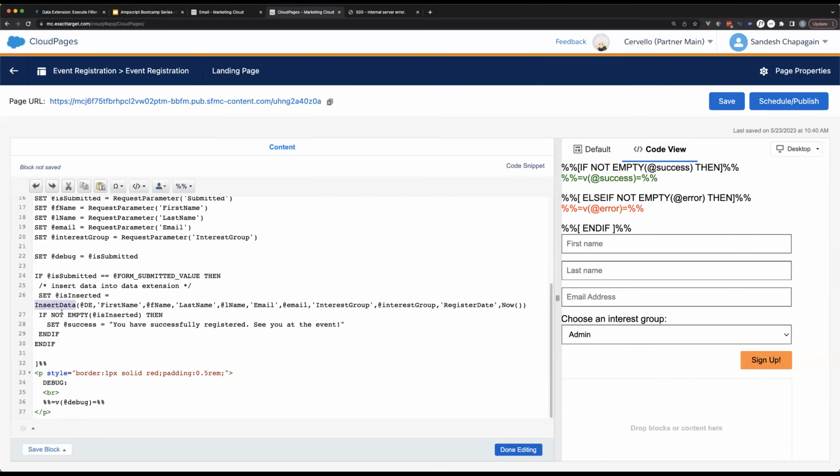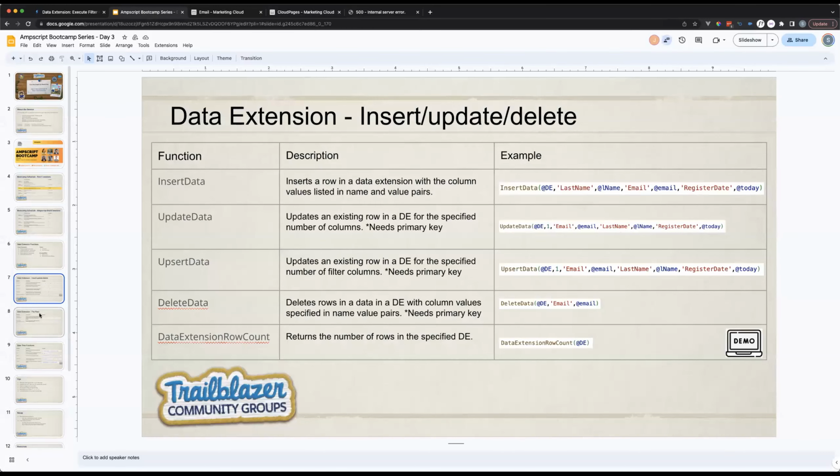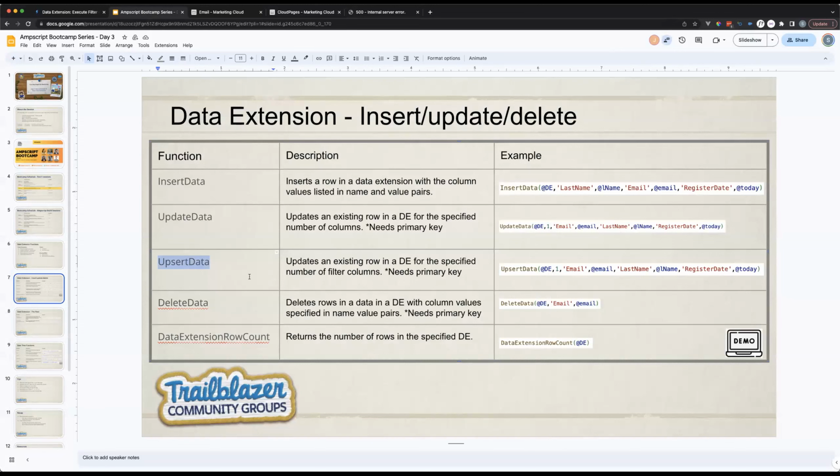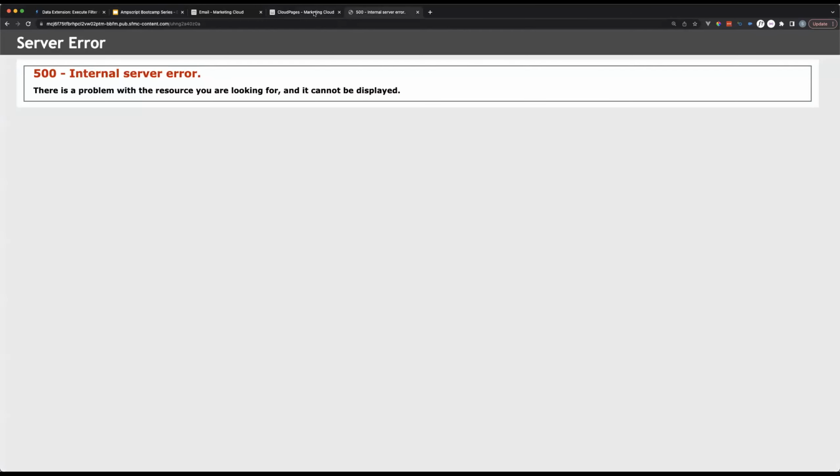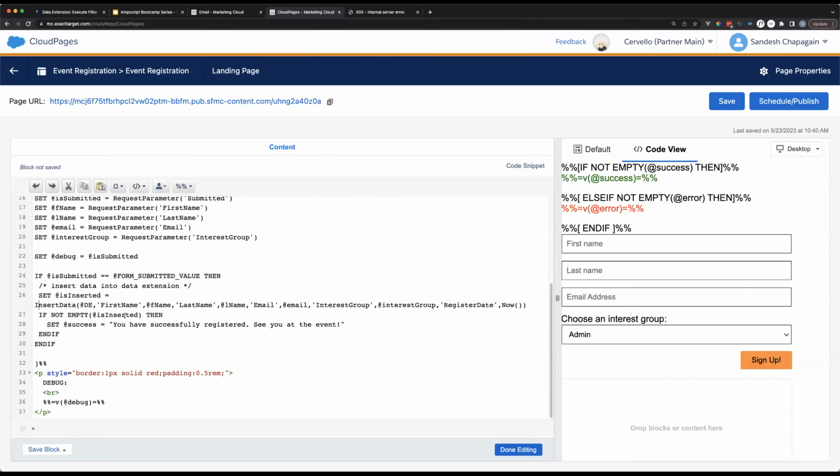What's happening is that we're trying to insert the same primary key again, right? So how can we avoid that? Two ways. The simple way is if we go back, we have another function called observe data that will only attempt to insert if there is no primary key already existing. If the primary key matches a record that's already there, then it will instead update that record. Okay, so that's a quick fix.